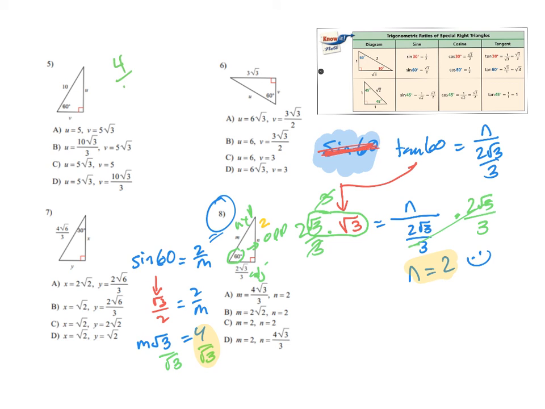To rationalize 4 over the square root of 3, we have to multiply the top and the bottom by the square root of 3. And when you do that, on top we get 4 square root of 3, and on bottom we get square root of 3 times square root of 3, which is 3. That means that letter A is the right answer because, no,